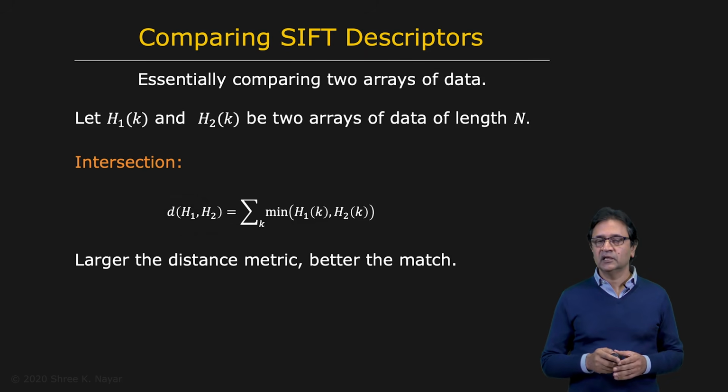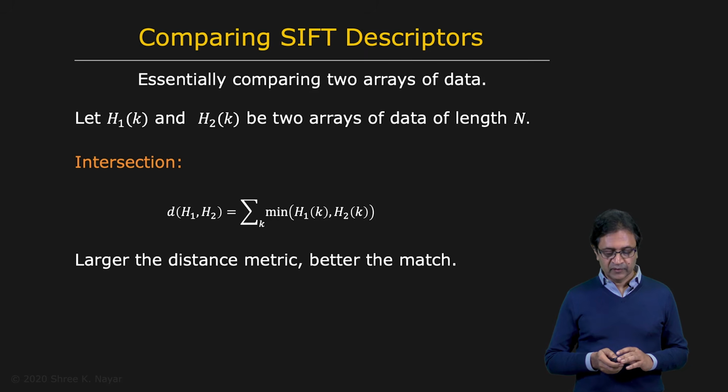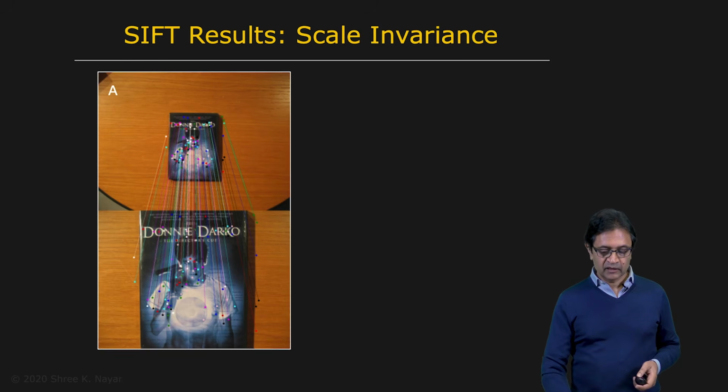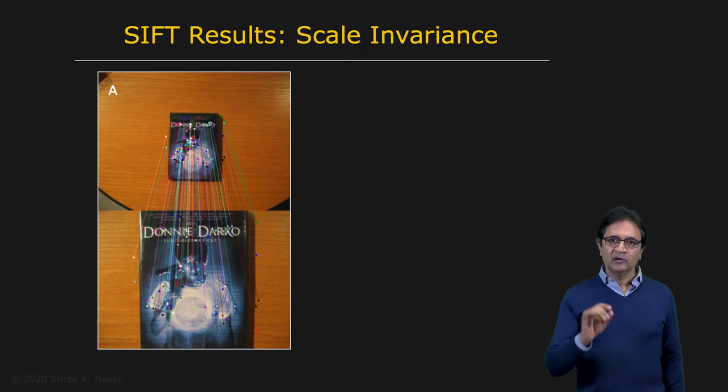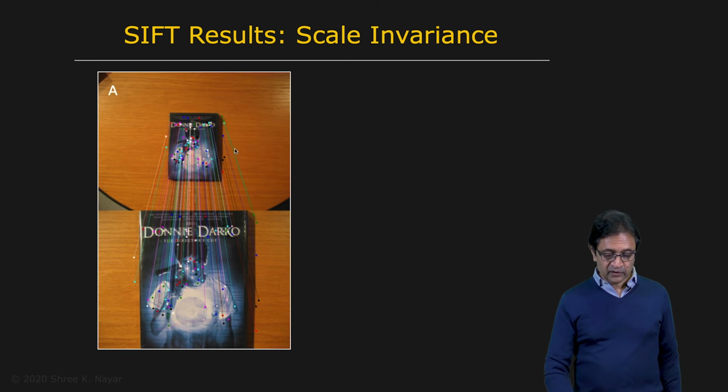So now let's take a look at how the SIFT detector works with images of objects. First, we're going to take a look at scale invariance. So these are images of the same object, but different scales, different magnifications. And each one of these lines that you see here corresponds to a successful match. This is a little bit hard to see because you have lots of features and lots of matches, but you may want to just freeze the video right now and take a look at these matches, and you'll find there's a lot of very good matches here.